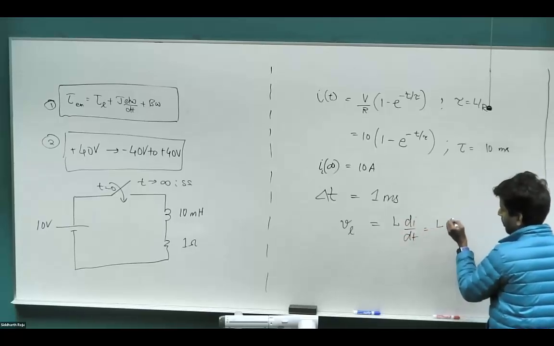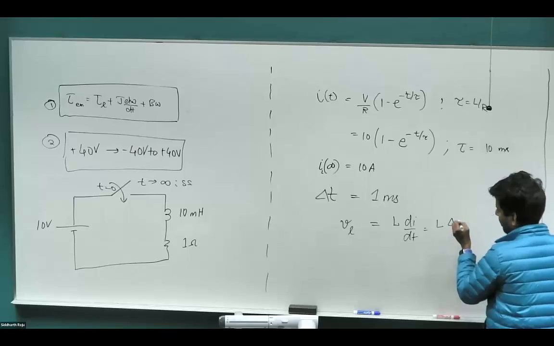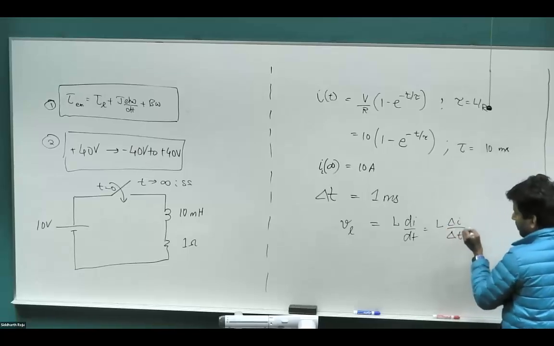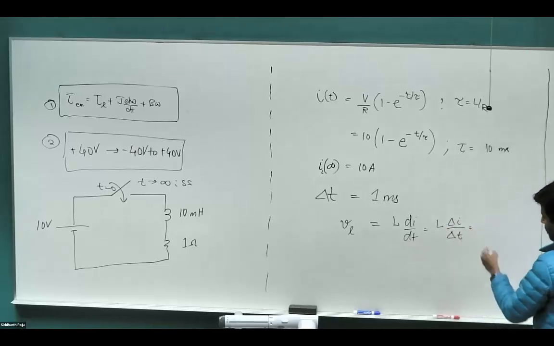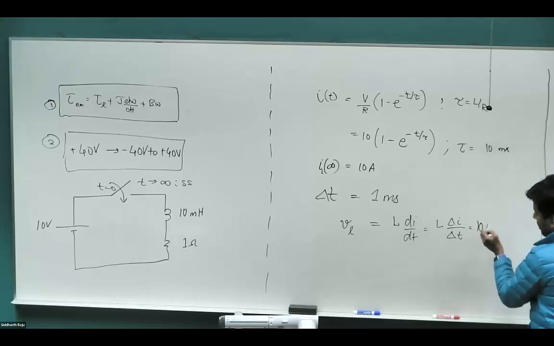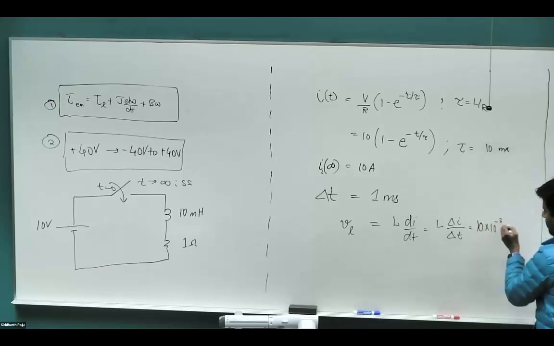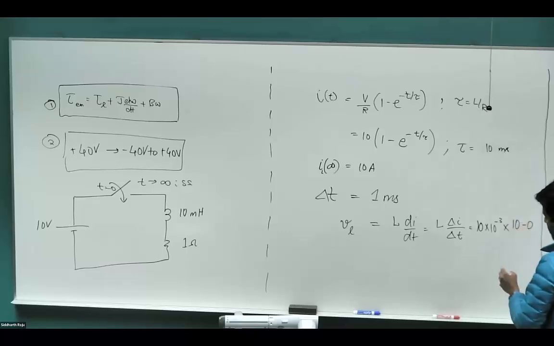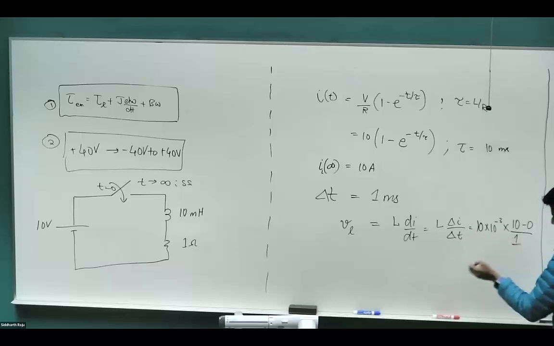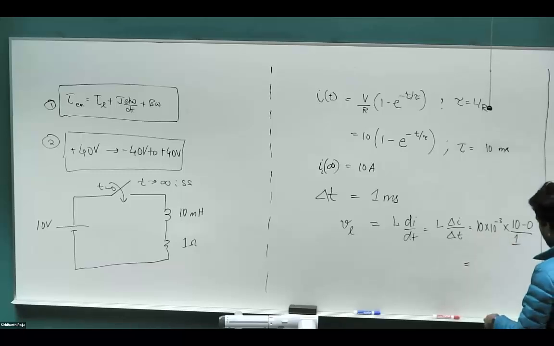So assuming it's all transitioning linearly, we can convert the differential into deltas. We have 10 millihenry, 10 to the power minus 3, times the current went from 10 ampere to 0 ampere. I'm making a mistake here. If somebody can point it out, that'll be great. It goes in a period of delta t of 1 millisecond, and that value comes out to